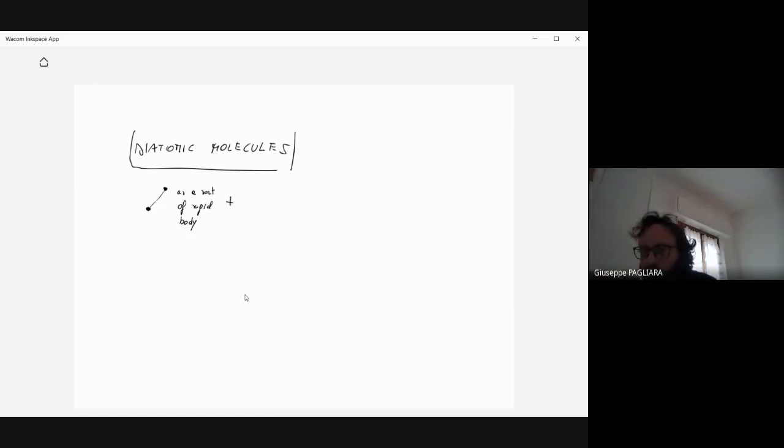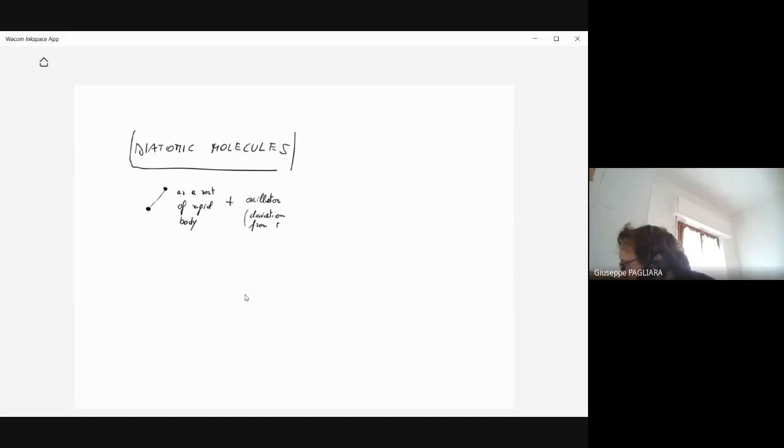Then, we will see later that the mutual position of the 2 particles can change, and this will be described by a sort of oscillator. The oscillator takes into account the fact that the particles can move with respect to their equilibrium, the deviation from the equilibrium position. So we consider this molecule, as a first approximation, to be a sort of rigid body,